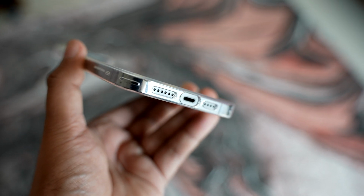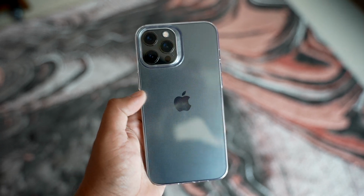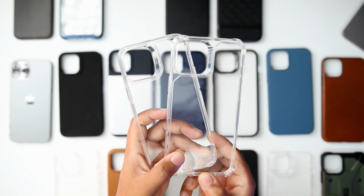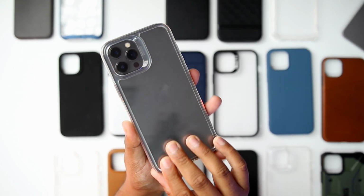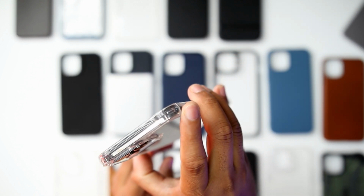I'm not sure how this one will fare in the long term, but these kinds of flexible cases tend to turn yellow over time, and if you don't want that to happen to your case, I suggest you try out one of these two cases. These are also from ESR, but the quality of the plastic on these cases is much better and they end up providing a lot more protection to your phone. This one also has an extra bit of protection on all 4 corners,